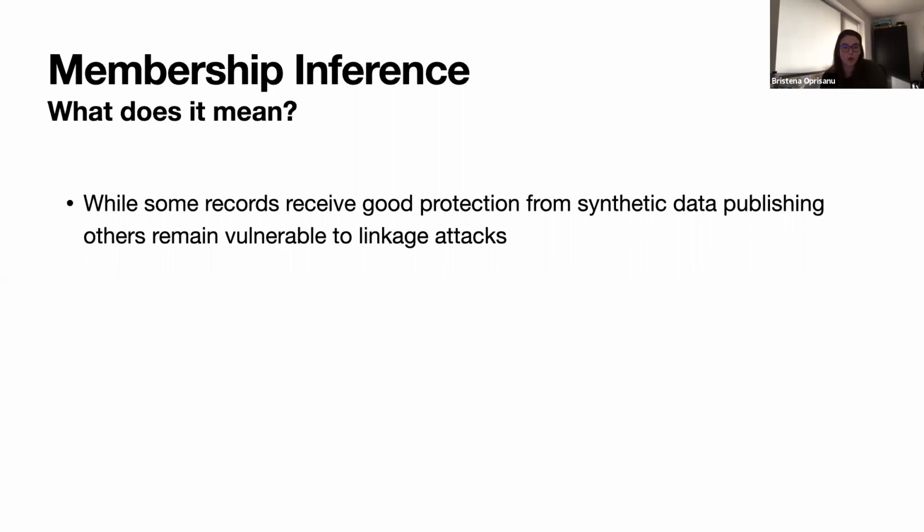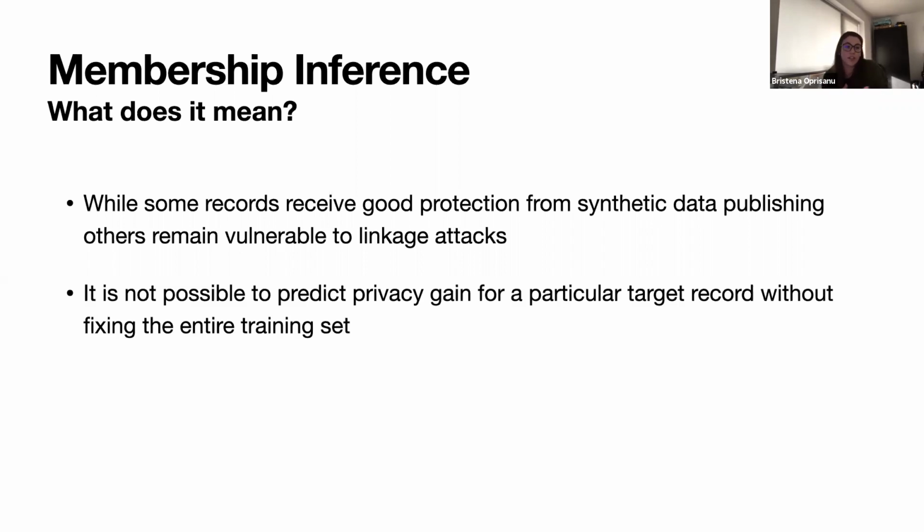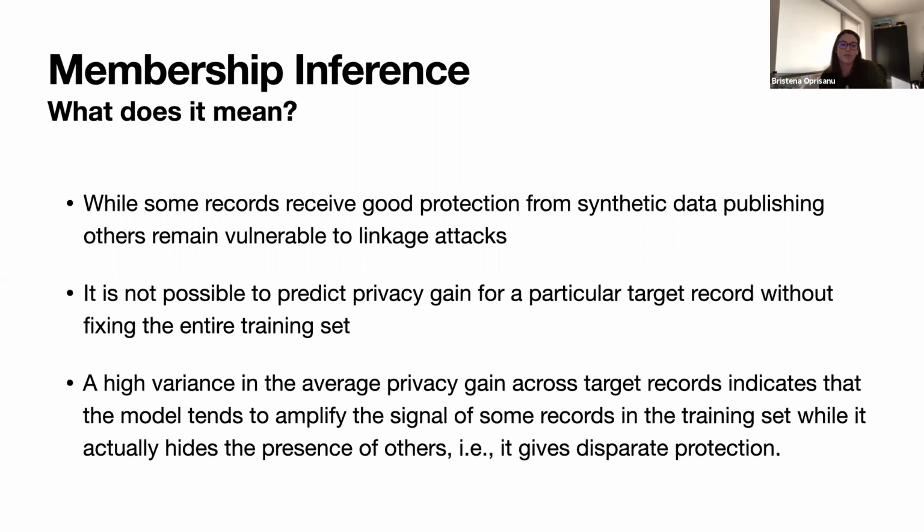And we think that this is a problem because in order to have a good privacy mechanism, it has to be predictable. So you have to be able to say for sure that it receives some privacy protection. And we saw that it's not possible to predict the privacy gain for a particular target without fixing the entire training set. And in fact, the high variance that we saw in the average privacy gain across target records indicates that the model tends to amplify the signal of some records in the training set while it actually hides the presence of others, which means that it gives